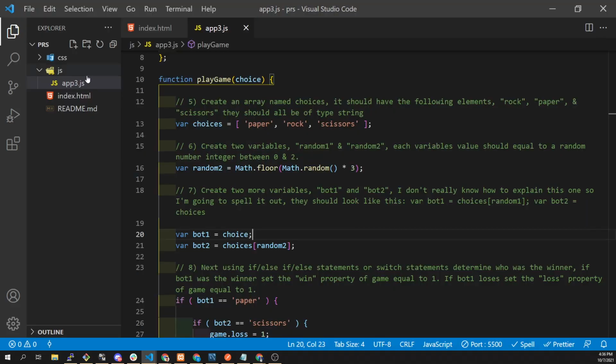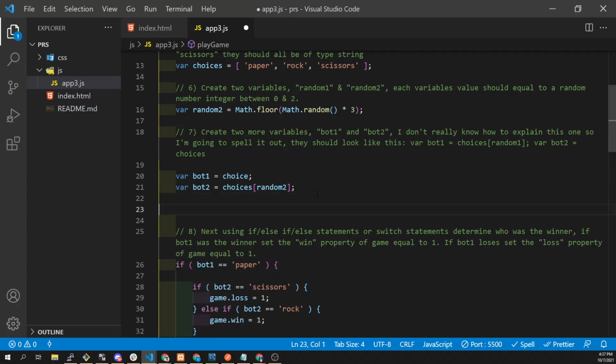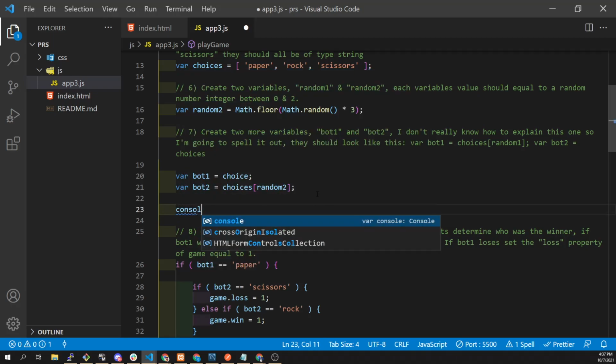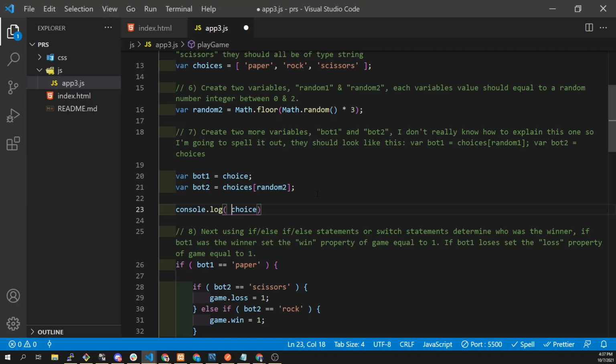So we've got a bug. We'll have to track this down. All right. So these are the choices that we can have. If bot1 equals paper, so let's start debugging this as if we didn't know any better, right? Let's say console.log choice, right? And I'll say